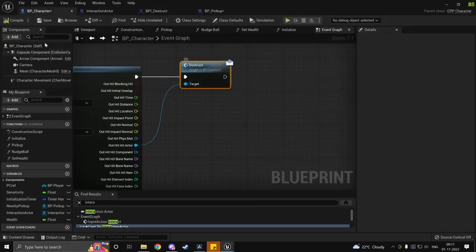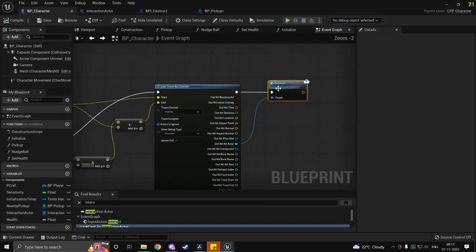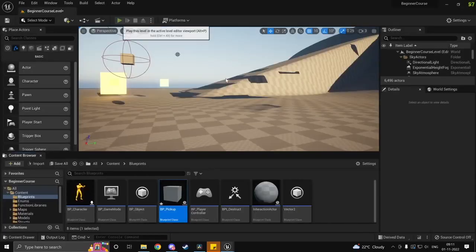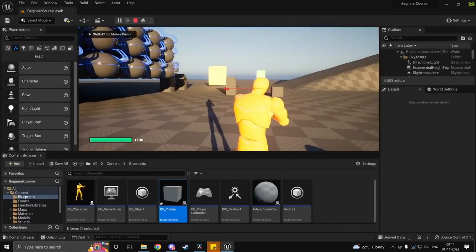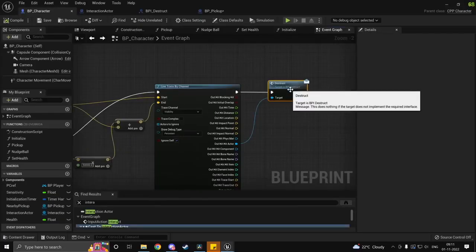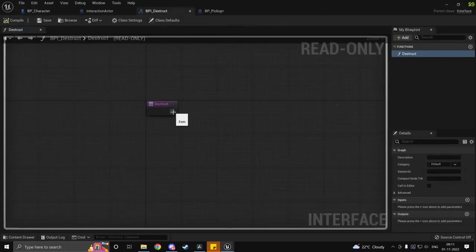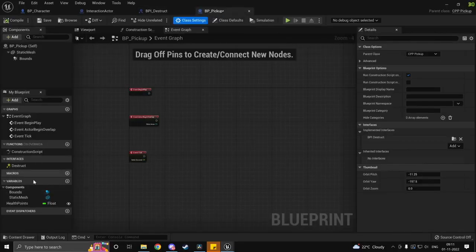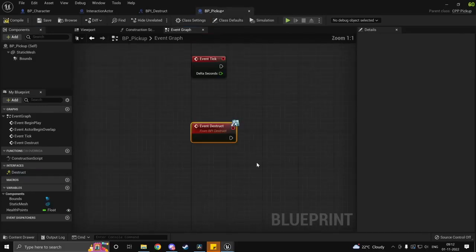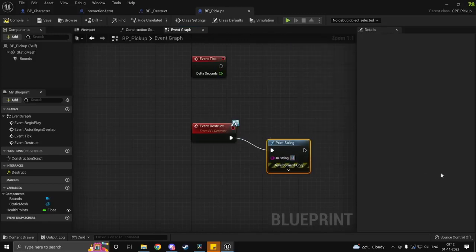Compile and save that. So we call this destruct. And now if I actually go ahead and press play, nothing's gonna happen, because although we have destruct, as you can see, we can't really define the logic here. The way you define the logic is, for example, we can head into pickup, under interfaces, right click, implement event, and if I go ahead and just print a string, I can type in destructing pickup,